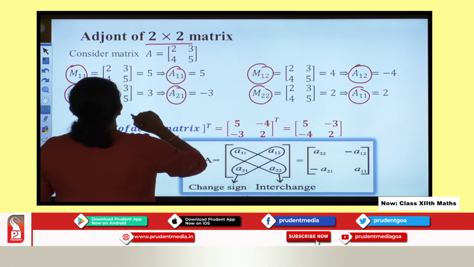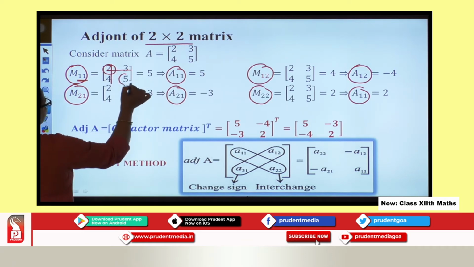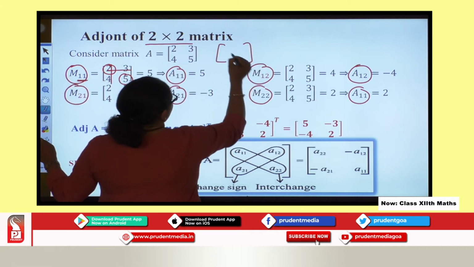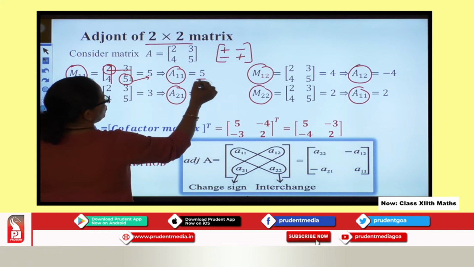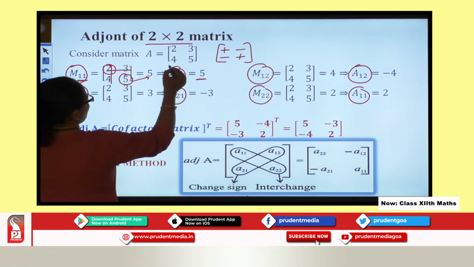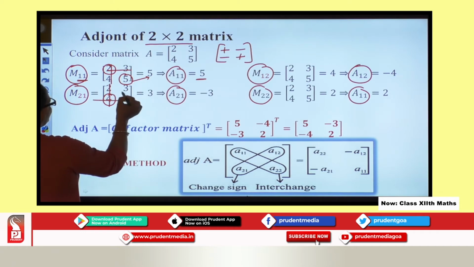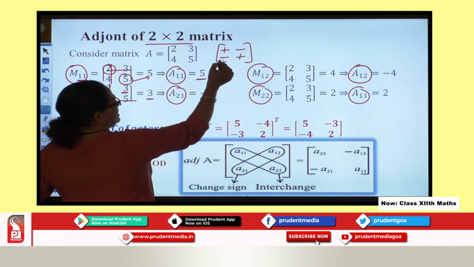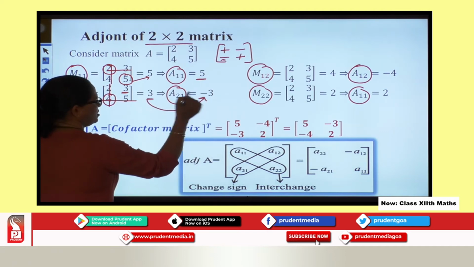Very simple. What I need to do is, see, I am finding the minor of this, right? So I delete this, what is left? 5. So this 5 is my minor. Now you can see here, you say plus, minus, minus, plus, right? So this is plus, so this remains as it is. Now I talk about the second. I am interested in the minor of this place, right? So I delete this, what is left is 3. So you have 3 as minor, and now at this place what sign do I have? Negative sign, right? So now this 3 will change to minus 3.